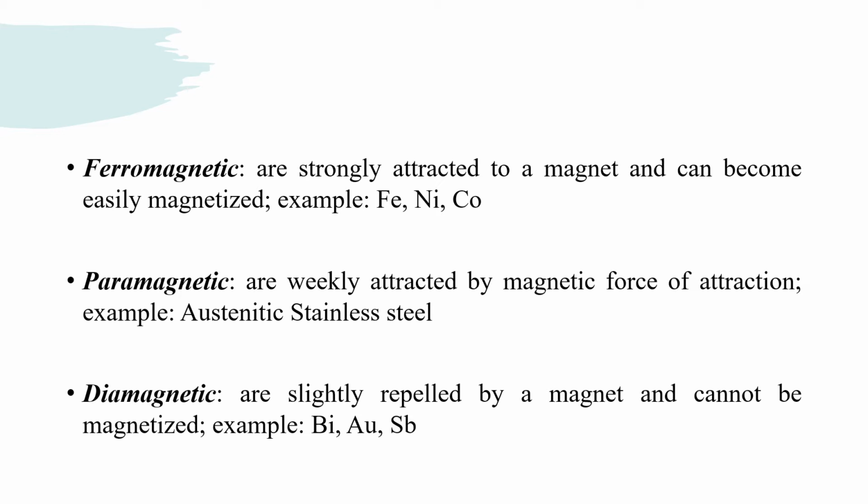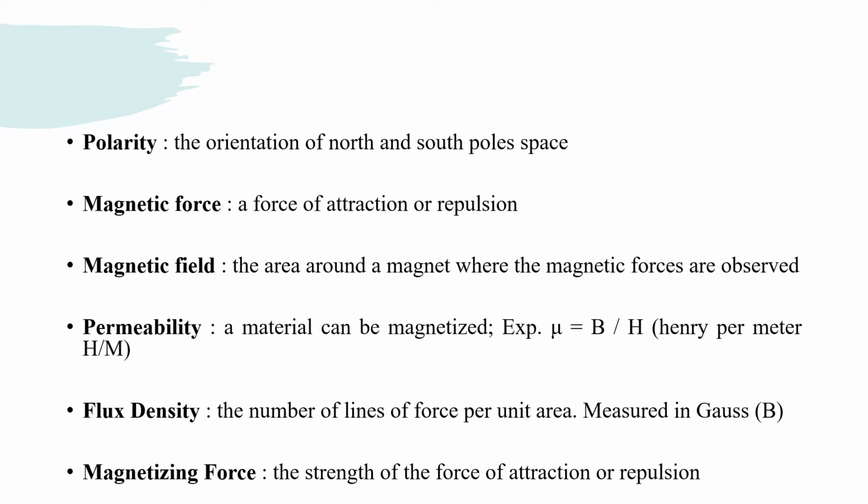So there are basically these three types of material. One is easily magnetized, called ferromagnetic material. Some are magnetized but only weakly attracted, that is paramagnetic. And the last one is diamagnetic, the material does not get magnetized. So after knowing the material properties, let's start with some mechanisms.